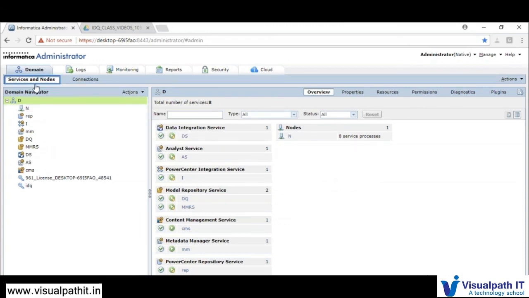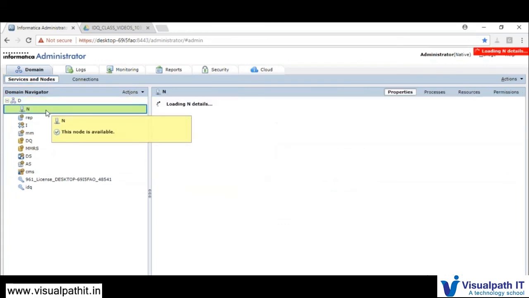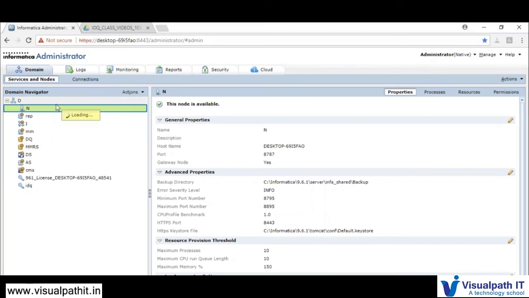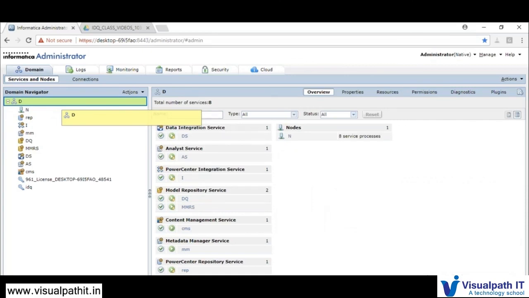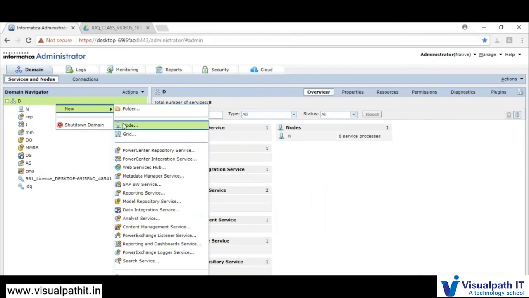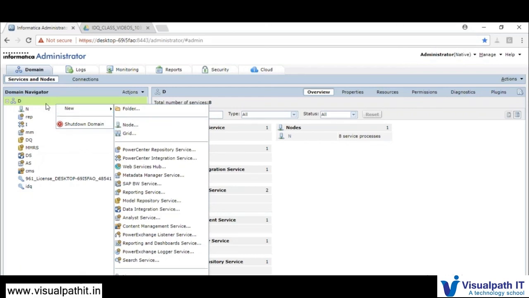In this you will be able to create your nodes and services. Let's say you have a UAT environment or production environment you are working on, and you are prompted to create multiple nodes. Then you can create your own node based on the performance. Let's say if one node is down, then immediately the next node will be picked up. So it depends on the maintenance. Based on the maintenance, you will be creating the nodes appropriately.